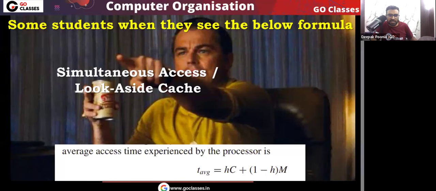I have seen many students, when they see this formula, hit rate into cache memory access time plus miss rate into main memory access time, immediately say that this is the simultaneous access, this is the look aside access. These things are misconceptions. I have already discussed it. Okay,